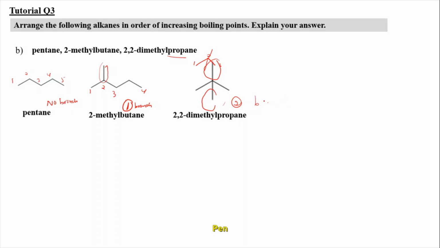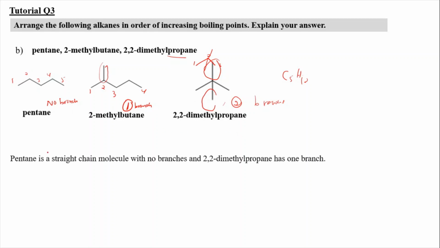Okay. Now you know that even though they have the same molecular formula, which is C5H12, the same molecular formula but their structures are different. So they are the effect of branching. In order for you to explain this, you can say that pentane is a straight chain alkane,